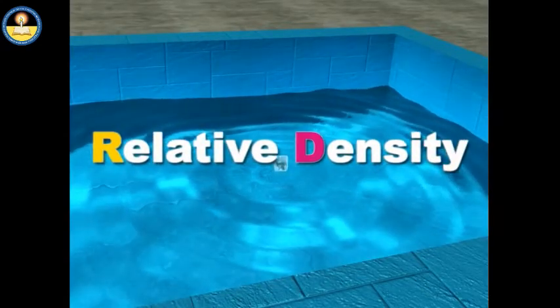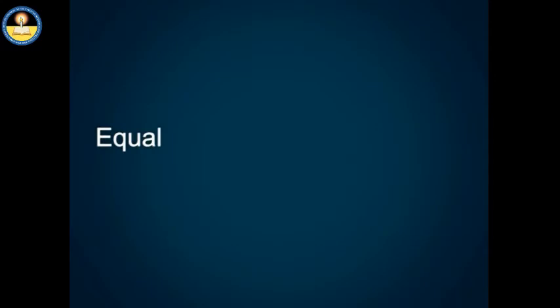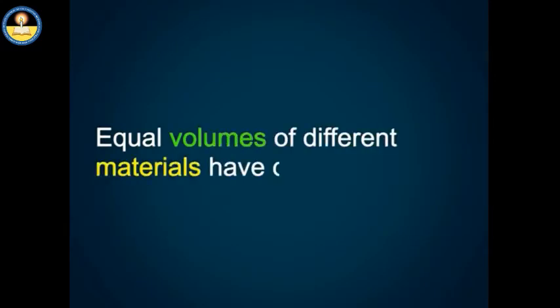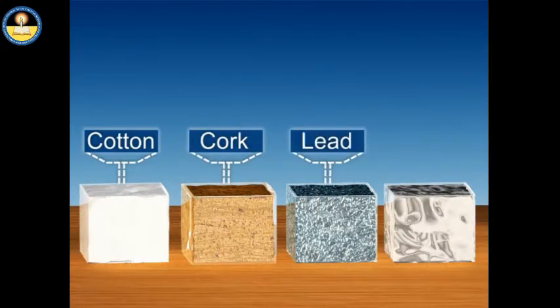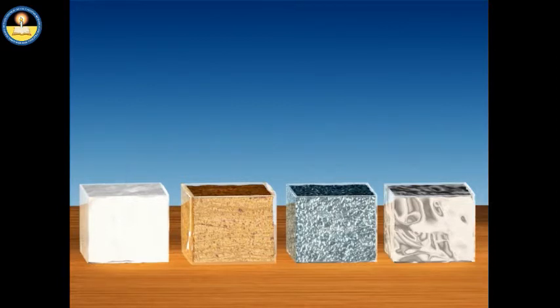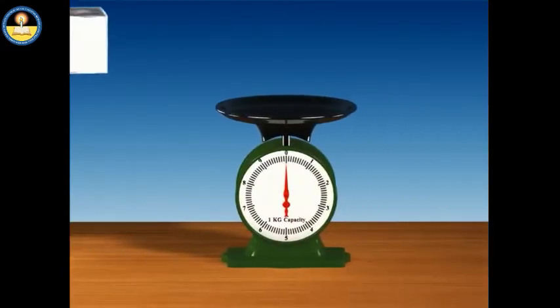Relative density. Equal volumes of different materials have different masses. For example, if unit volumes of cotton, cork, lead and mercury are weighed separately, their masses are found to be